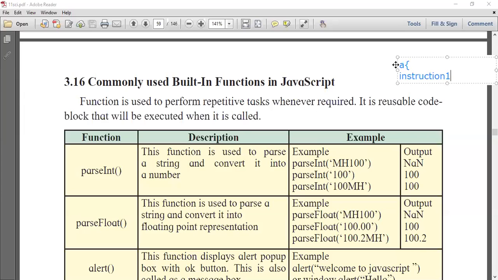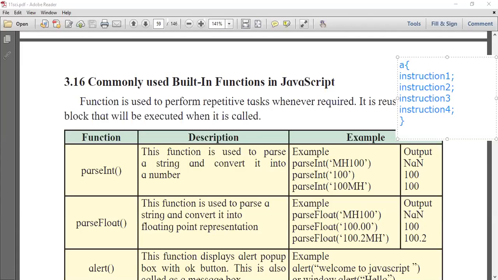Again I write instruction 2, instruction 3, instruction 4, and we close this with a curly bracket.